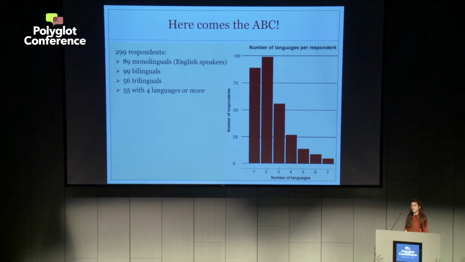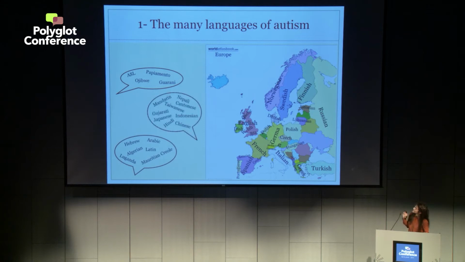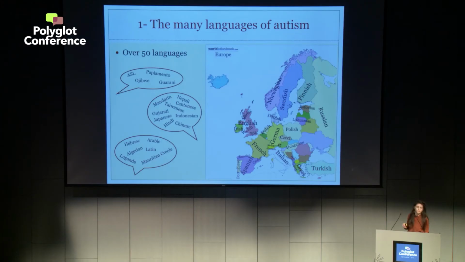Now, these are the things that I want you to know about bilingualism and autism. Let's start. The first thing is that autism comes in many languages. These are all the languages reported by the respondents in my study, at least 200 autistic bilingual and multilingual respondents. There are many, many languages, and it is actually the first study that shows that there are all these languages. It seems obvious, but actually no one asked that question until now. So it is something that should be acknowledged now in research and in autism practice.